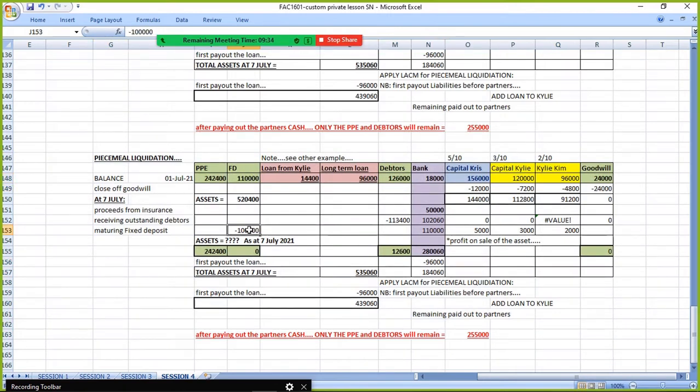Okay, then this would have been 110. This would have been 110. There would have been no profit here, so delete all of that. Okay, there wouldn't have been any allocation. So the fixed deposit would have decreased and the bank would have gone up. Okay, and then the total assets would have been this plus that